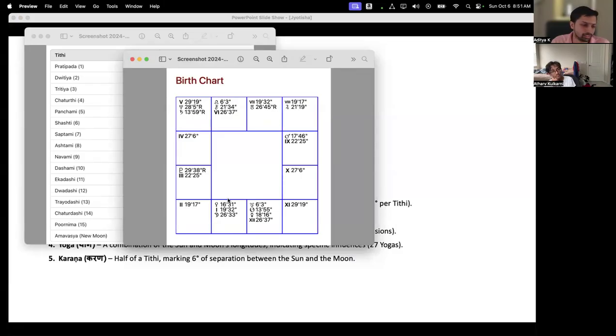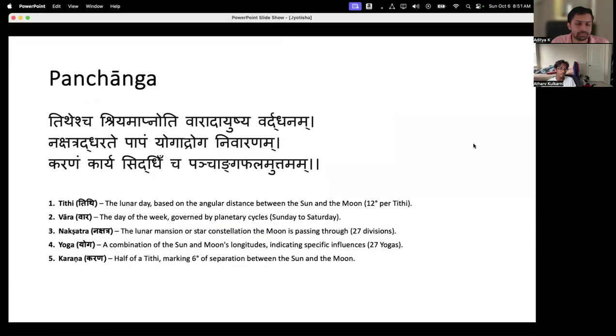How do you calculate the tithi? Atharu, can you summarize for me? You find the angle at which the moon and sun are at, and the difference, and then you find the range in which that number falls in. That's it. How many total ranges do we have? 15. Uttamam. So now you know how to calculate the tithi for any given day.